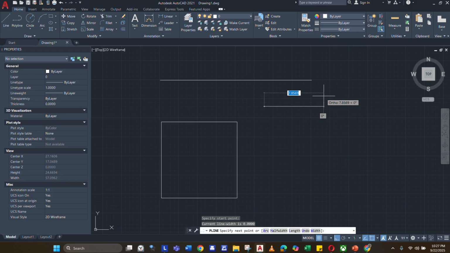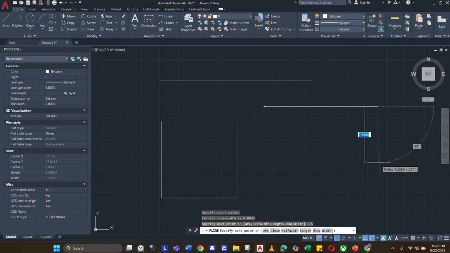I use that, and then I'm gonna make a 90-degree angle, because that's the basic angle for making squares or rectangles. And so I'm gonna type in, let's say, 15 meters.